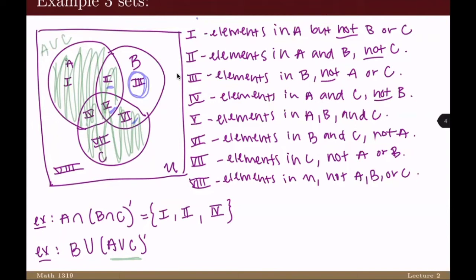So I'm only going to use this 3. And then I'm unioning it with everything else. Well, what else is there? 8. So B union everything not in A and C is going to be 3 and